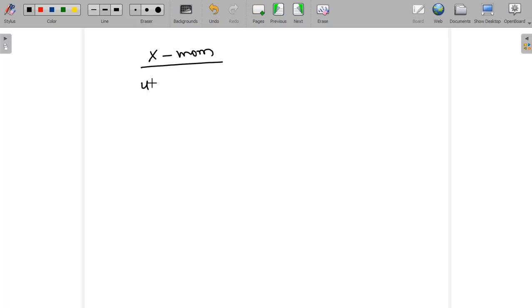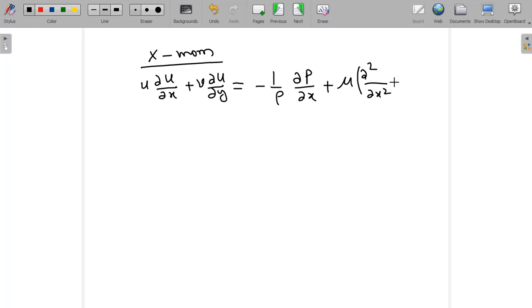That will be u del u del x plus v del u del y is equal to minus 1 by rho del p del x plus mu by rho into del 2u del x2 plus del 2u del y2. Now it is clear that